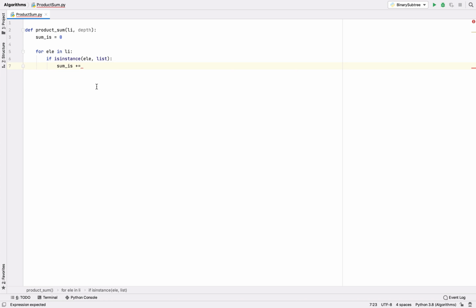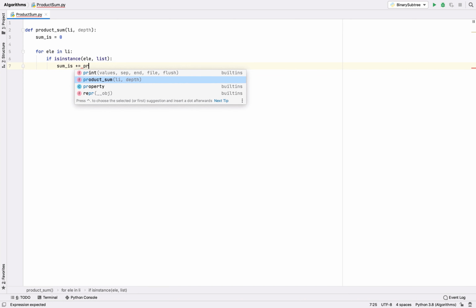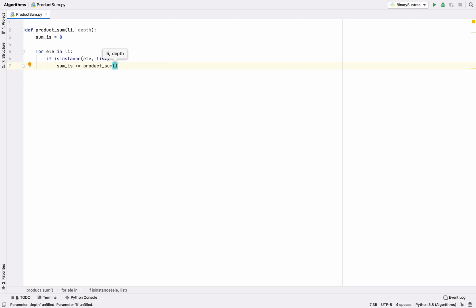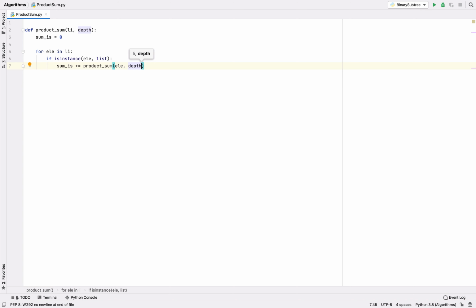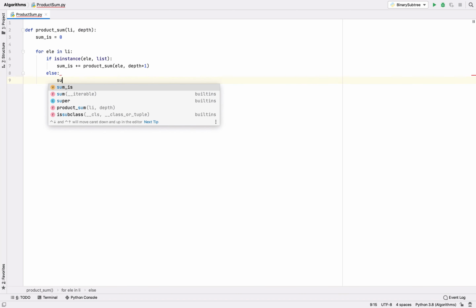So let's call product sum, and let's pass this element, which is an array itself, along with the depth. So the depth for this array will be 1 plus the current depth, right? So each time we get deeper into the recursion, the depth increases by 1. Else, the element is not array, we can directly add it to the sum. So sum is